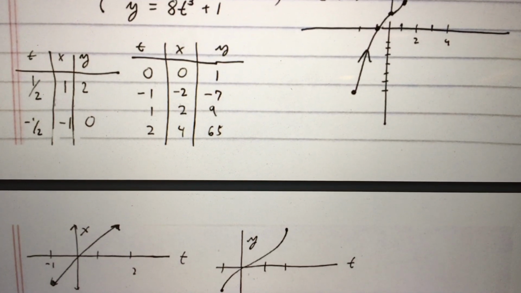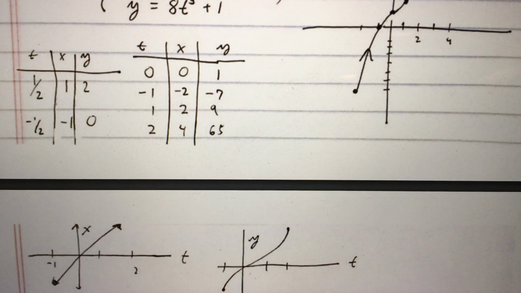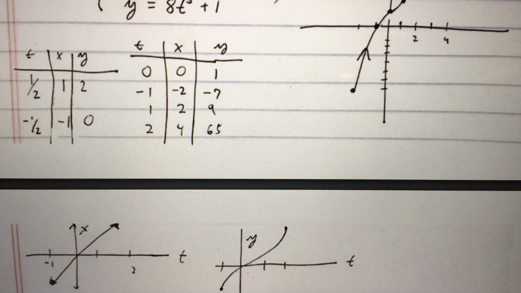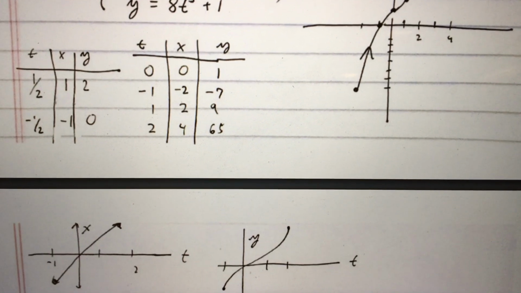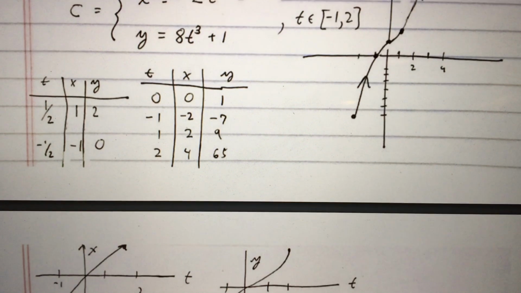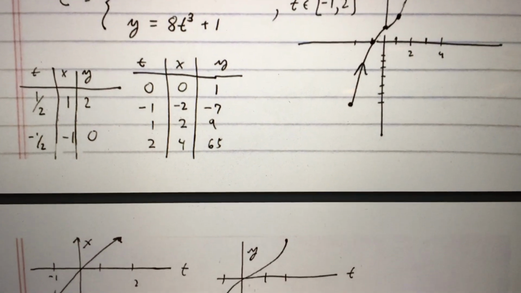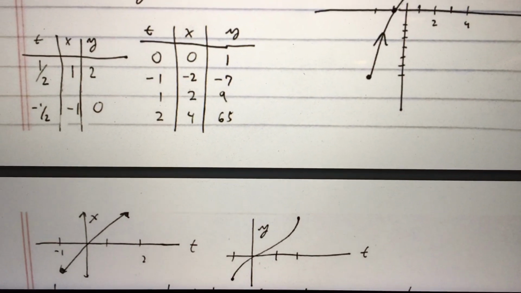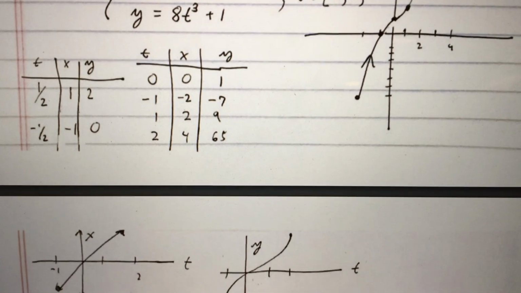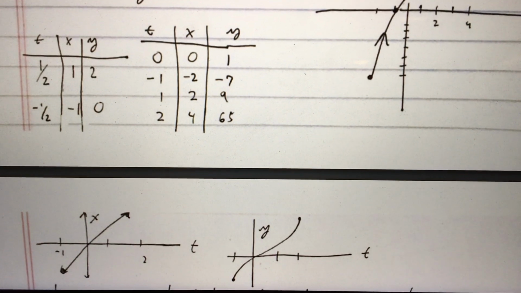x equals 2t on the left is a straight line with a slope of 2, and it goes from -1 to 2, increases left to right, goes through 0 because it's just x equals 2t. That's the function. And on the right, that's a cube function, 8t cubed plus 1. So it's